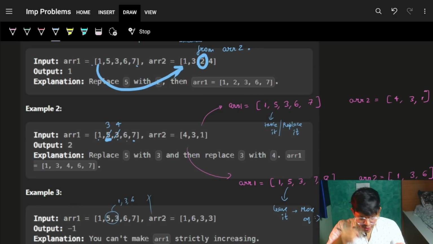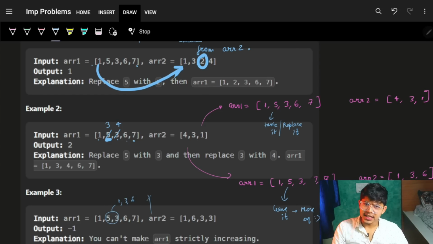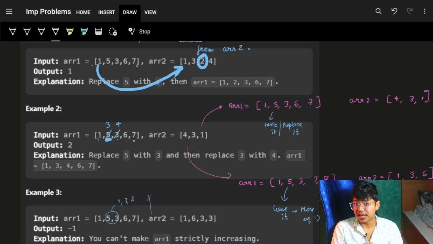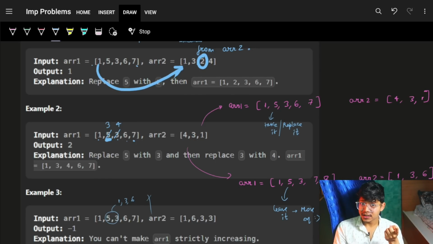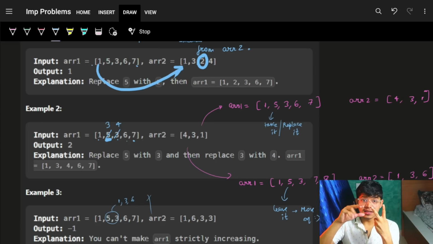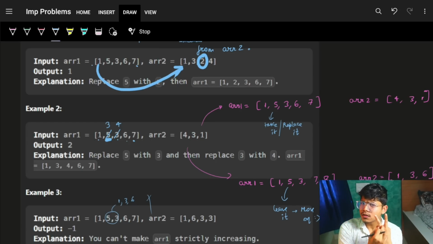So as soon as you read this question, you saw 1, 5, it was increasing. Then the number came as 3. What if the number would have been still bigger? I would have replaced it or not. Which means I have an option right now. I can either replace it or I cannot. That's where, when you say these two words, either I can replace it or I cannot,